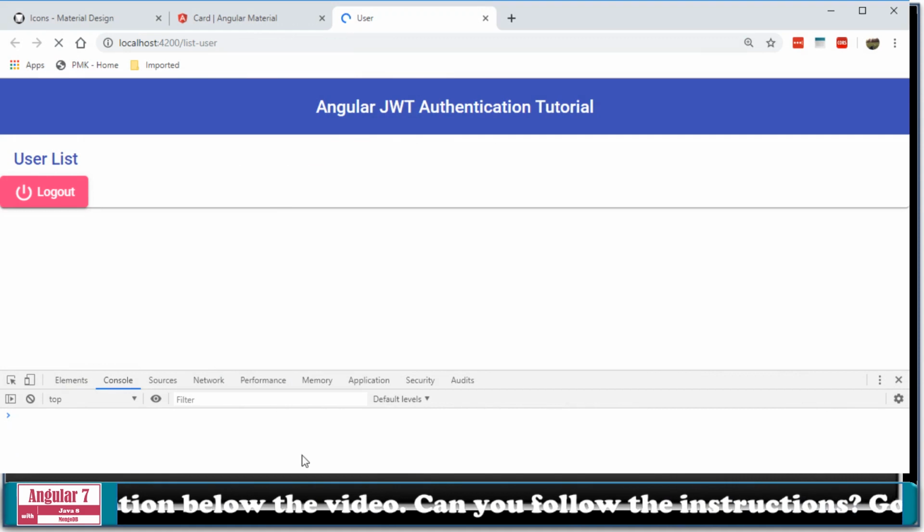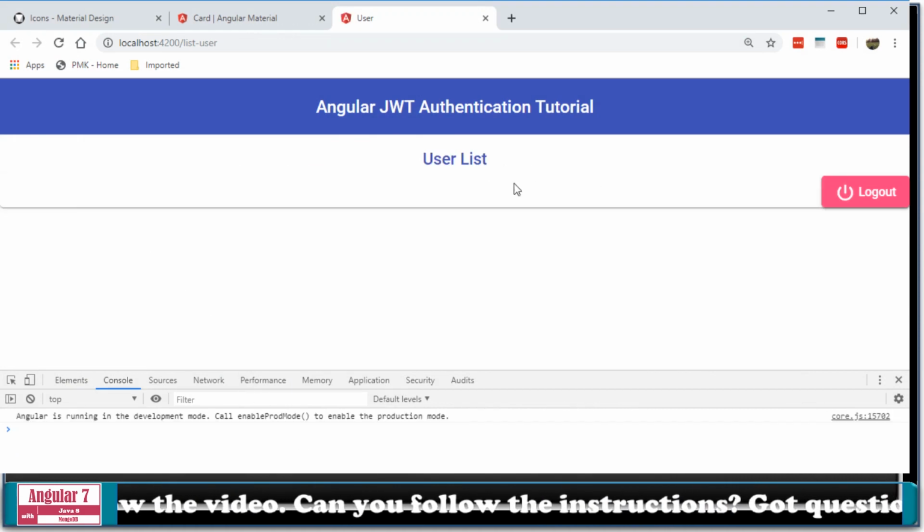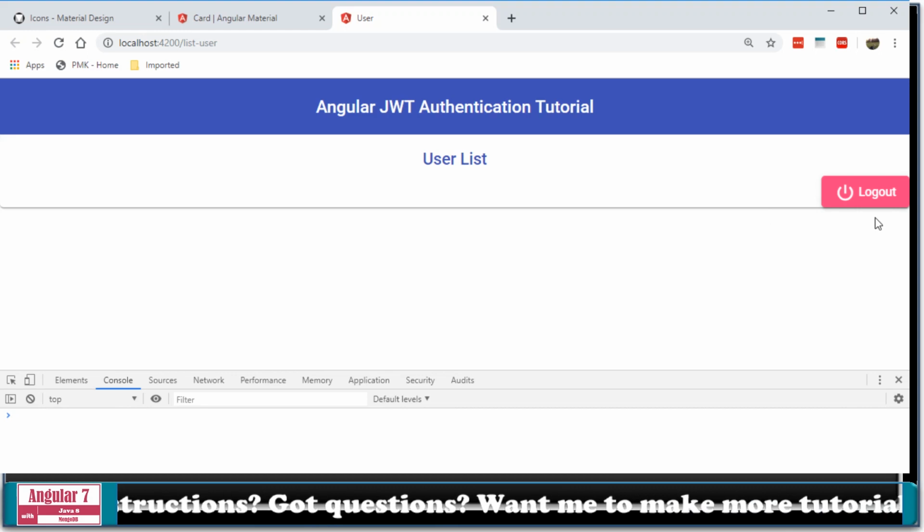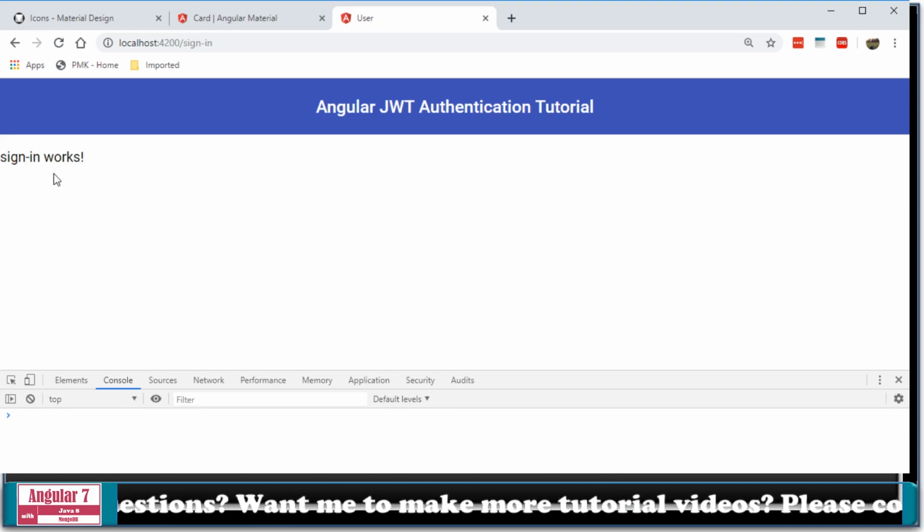As you can see, our button has the logout, it's on the right, and it's got a nice little icon there. Now let's log out of here. So this page is completed. Now we're going to log out of here and see what happens. When I log out, see, now it tells me sign in works. So now let's go build and sign in. Let's go and build the sign in